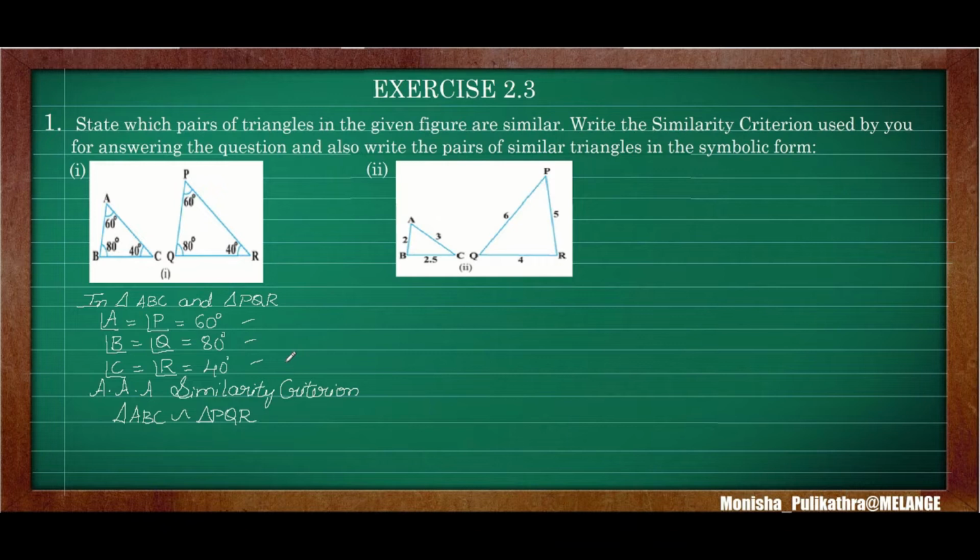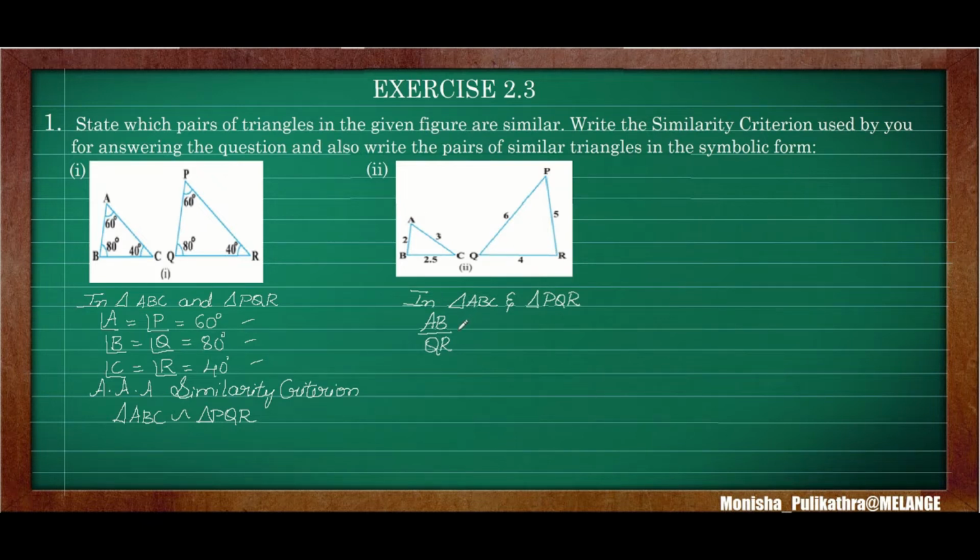Moving on to the second question. You can see the two triangles here, triangle ABC and PQR. We need to compare these two triangles. Here angles are not given, but sides are given. We can find out the ratios of the sides. I will be taking first AB by QR. We can take the ratios of any corresponding sides, so that if we divide, we have to get the same ratio. Let's find it out.